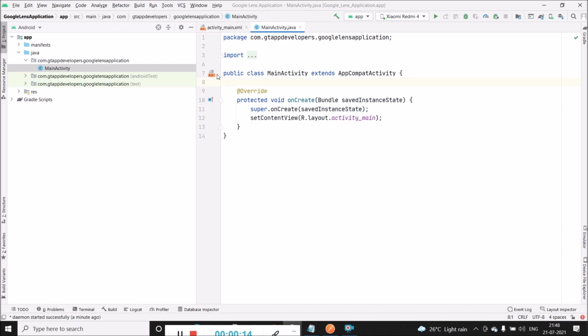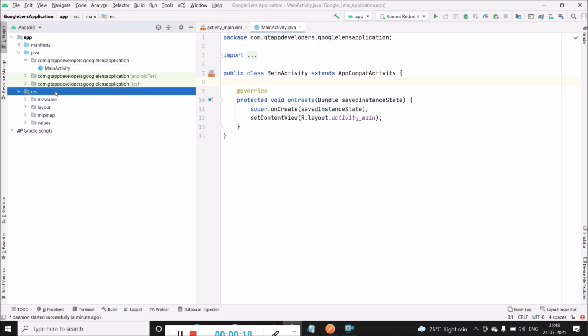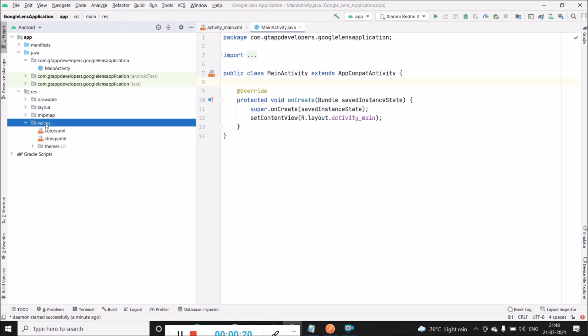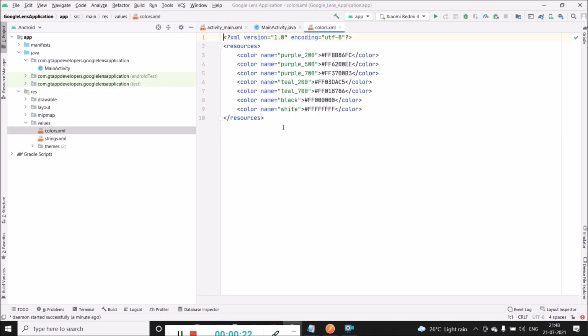Firstly, we will be moving towards updating the colors inside our colors.xml file. For that, we have to go to res, then values, and then colors.xml. Inside this, we will be updating our colors.